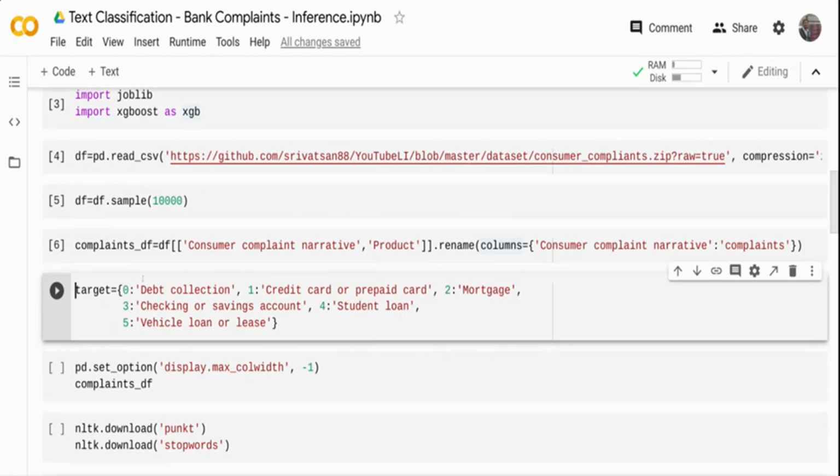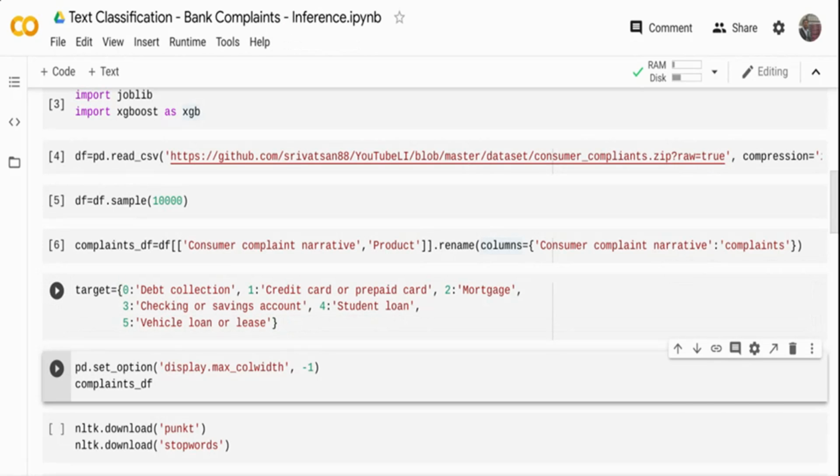And then for the target, this is a multi-class text classifier. It has a total of 6 classes: debt collection, credit card, mortgage, and so on. The final model will return an integer value between 0 and 5. I need to convert that into an understandable classification or category, right? So I'm just creating a dictionary object, where the keys are, for example, debt collection as 0, checking and savings as 3. When we were training the model, we did it the other way around; here we are doing the reverse. We are taking the integer and getting the actual name of the class, right? So I'm assigning a dictionary object to a target variable.